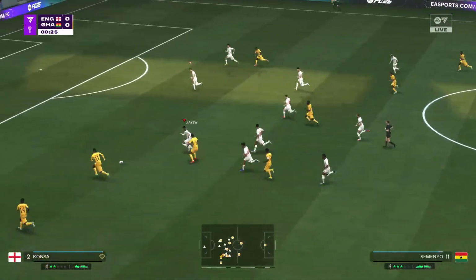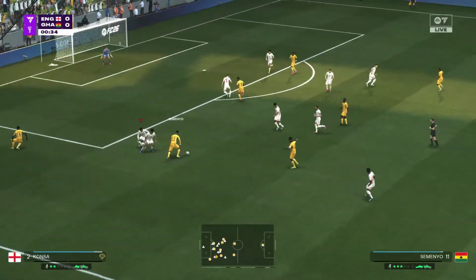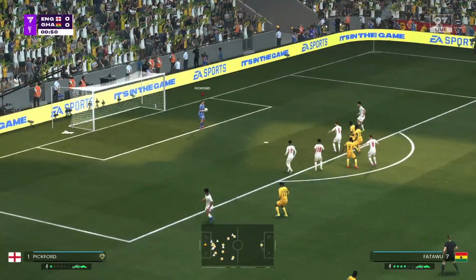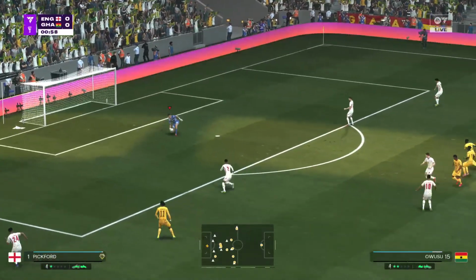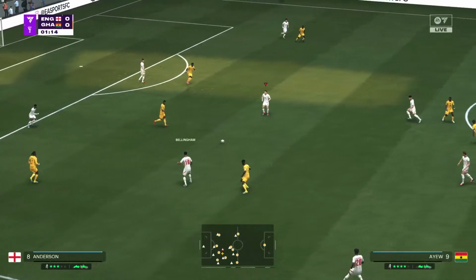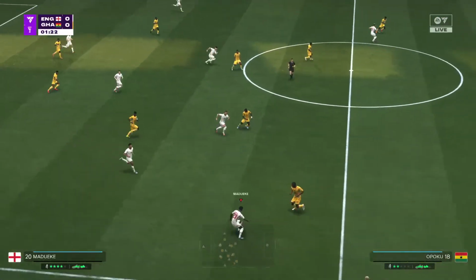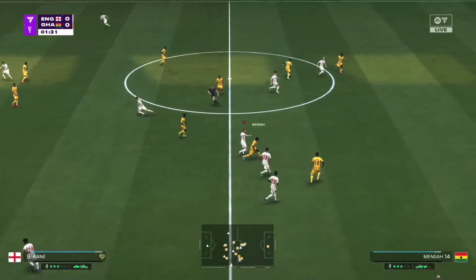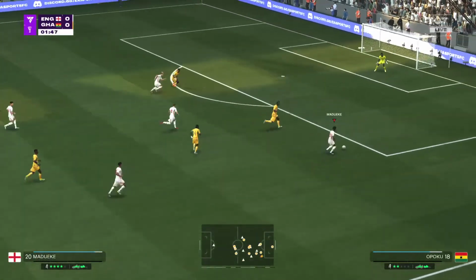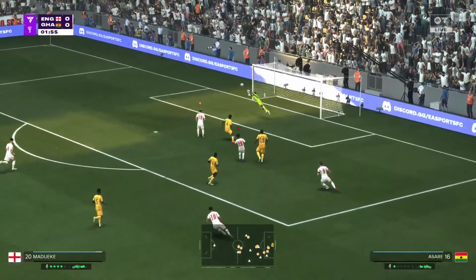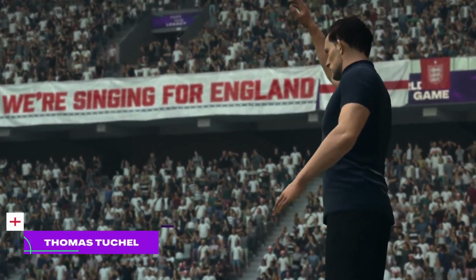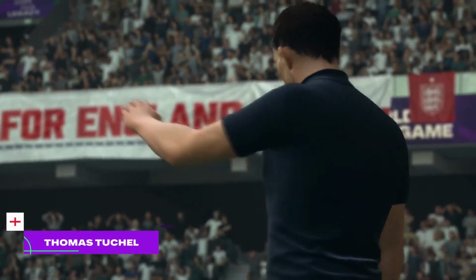Ayew. Dangerous ball. Ayew. And a relatively straightforward save for the keeper. Reece James. Jude Bellingham. Noni Madueke. And there to intervene. Genuine chance. Oh, he's missed it. And that was a chance to bag an early goal. He'll be frustrated missing that. You really want to make a positive start.